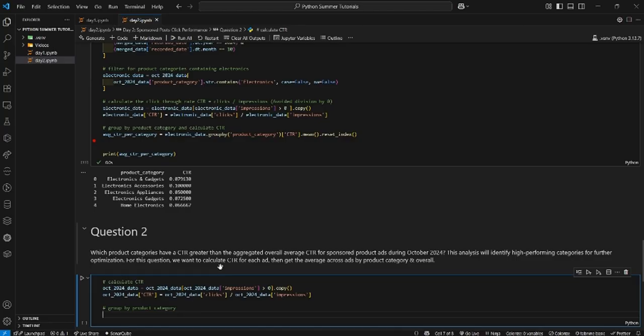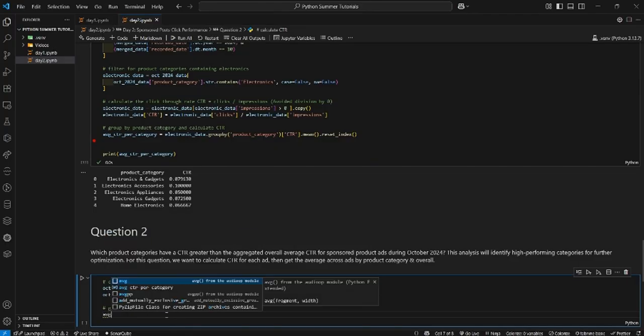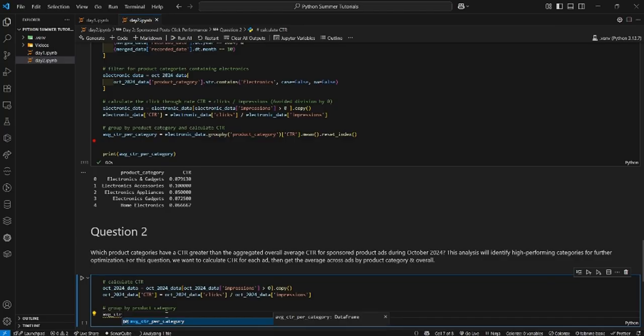Remember, which product category has a click-through rate greater than the aggregate? Okay, we're taking it step by step. Now I'm going to group by product category first, across the board. So remember what we did last time. I'm going to call it average click-through rates. I'll call it by instead of pair, because remember the pair is here already, so to give it a different name, category is equal to,